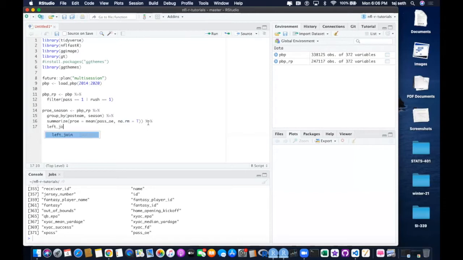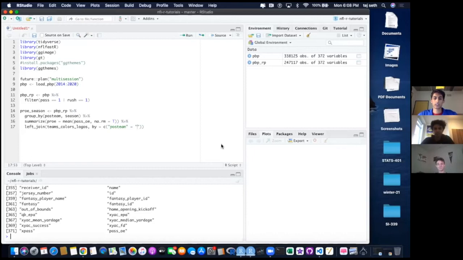And then we're going to want to left join the teams_colors_logos from the nflfastR package, which has all of that stuff, the team logos and their main colors and stuff like that. We have to do left join because